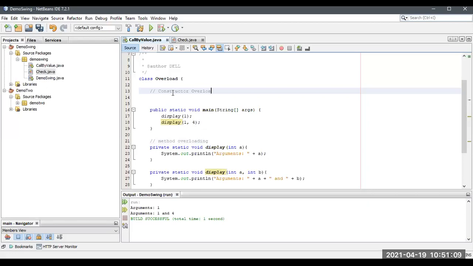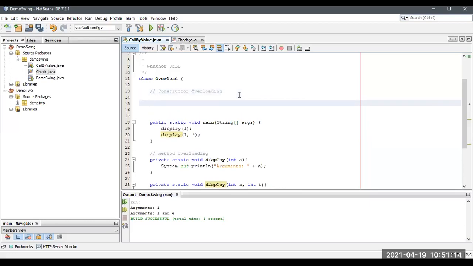What is constructor overloading? I also discussed this one in the previous example. Let me declare a constructor for the same class, Overload. The constructor should have the same name as the class, Overload.